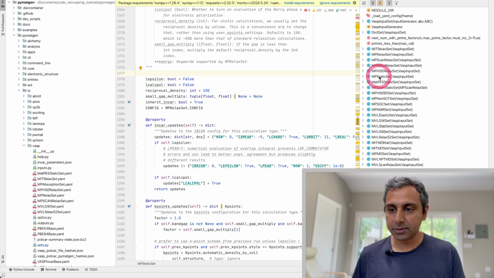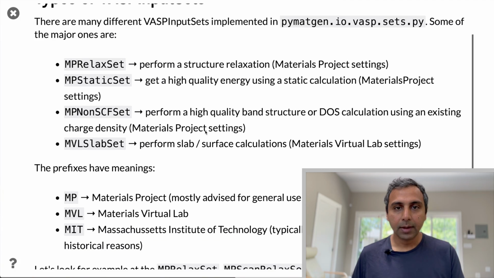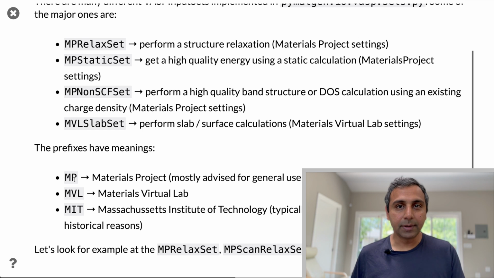And there's documentation for each of these in the header of the class. Now, one thing to know is that the prefixes of these input sets have meanings. So MP means Materials Project settings, and these are the ones that are mostly advised for general use when available. MVL stands for Materials Virtual Lab, and that means this has been calibrated by the research group of Shyue Ping Ong